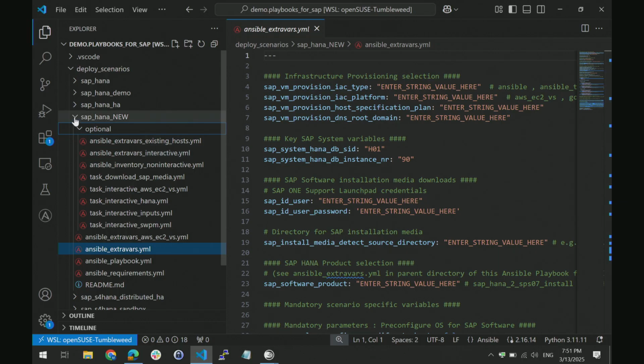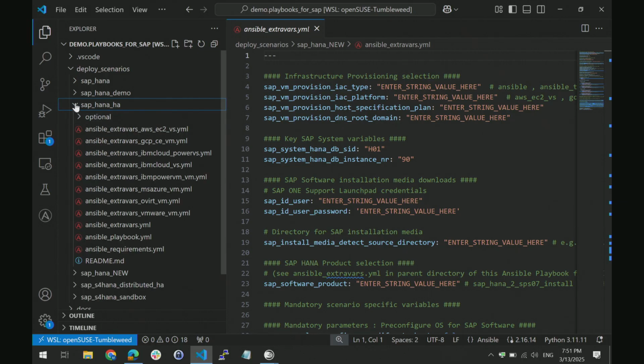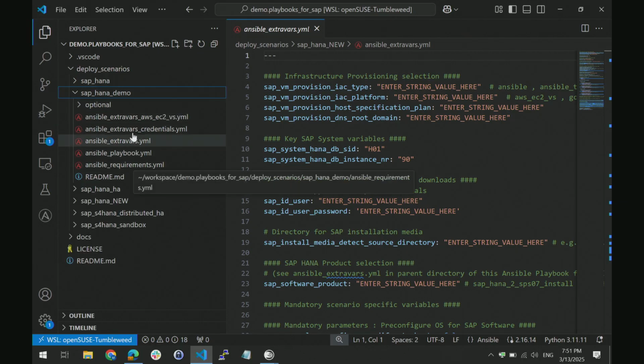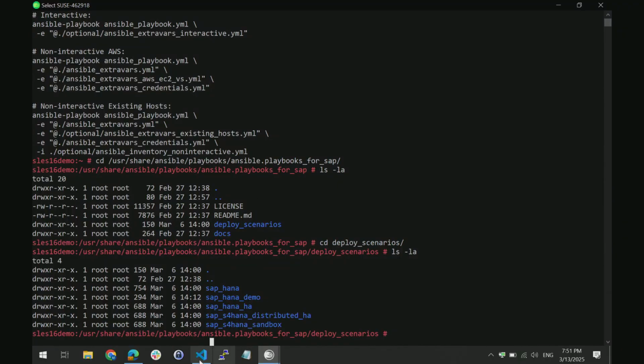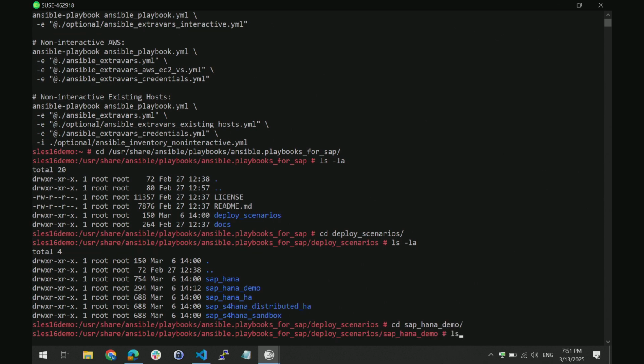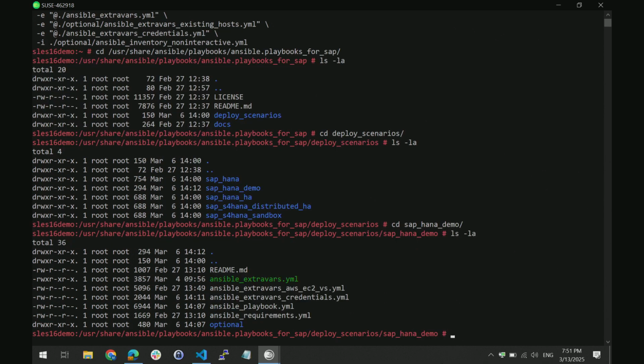So I will switch to my example here. So this is my demo example. I can run this folder on AWS. I can run it on my servers that I have in the Prague data center. I can run it in interactive mode and build an AWS server as well. And this is all coming from this one folder. So this is the server where I was. I will just select HANA demo, where you can see the same contents as there.